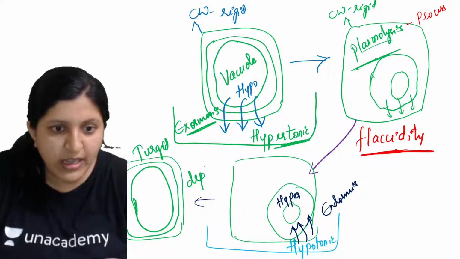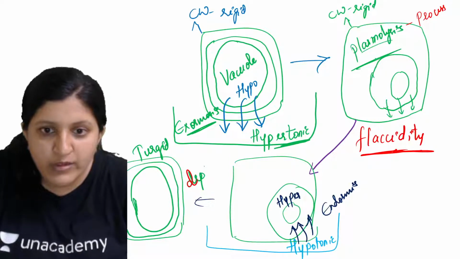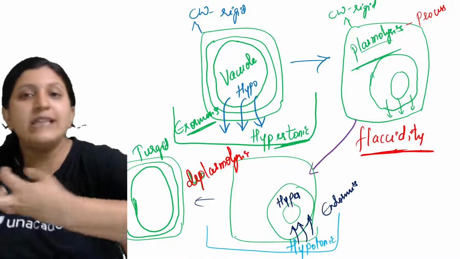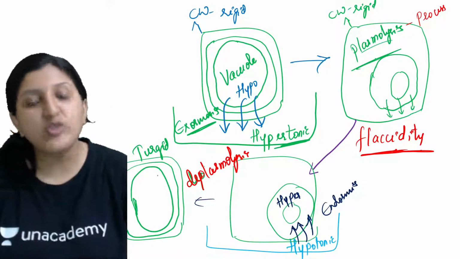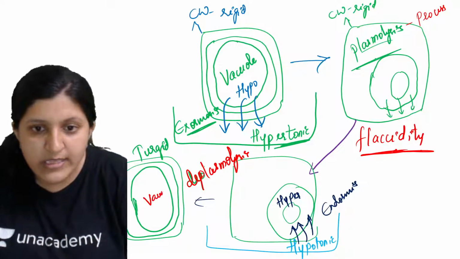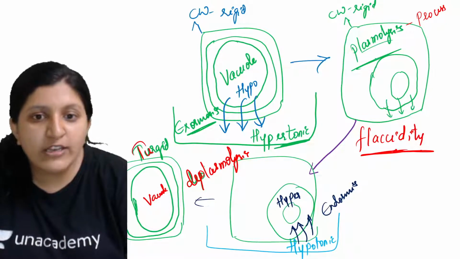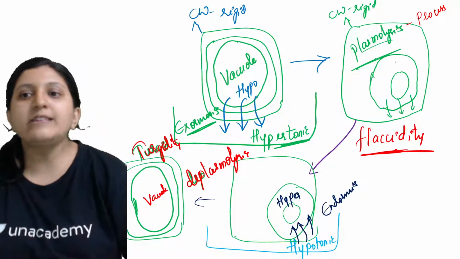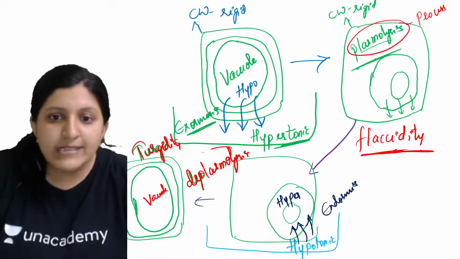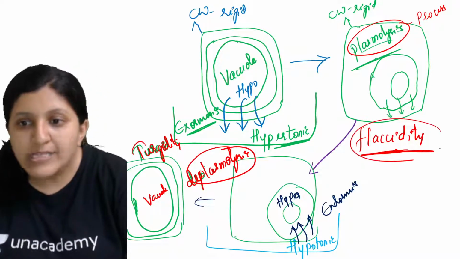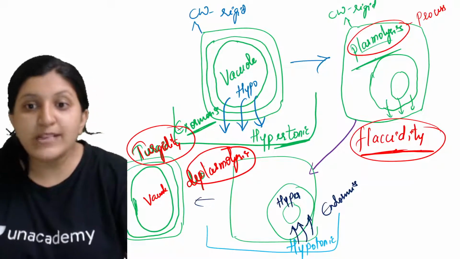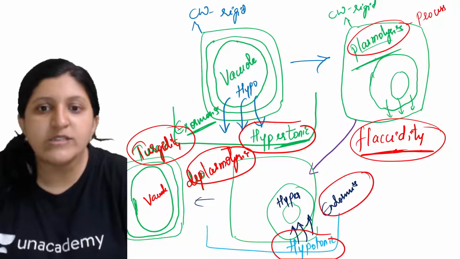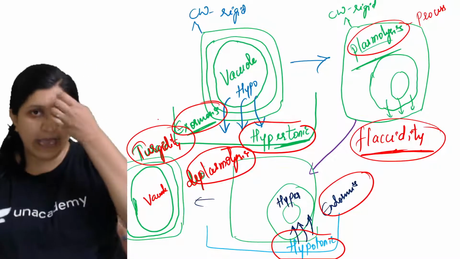I'll just change the color to highlight it. Now this is a deplasmolysis process, as you can see that the plasmolyzed cell has returned back to the normal condition. This one is a vacuole, and again it has got its shape back, so turgidity has been achieved. So there is plasmolysis, there is deplasmolysis, so flaccidity and turgidity that you can see. That is based on what type of solution it is being kept in. So there is endosmosis and then there is exosmosis that can be seen.